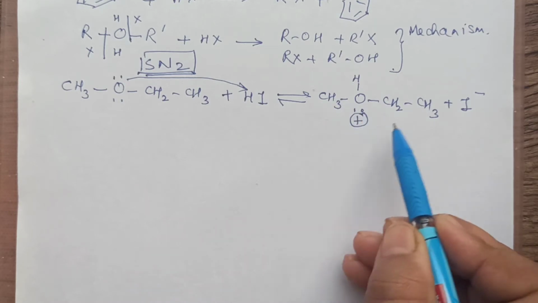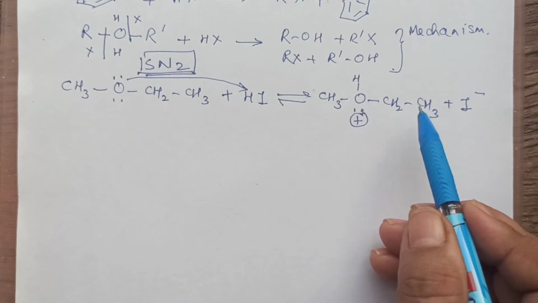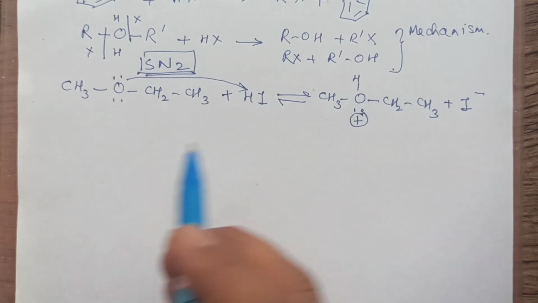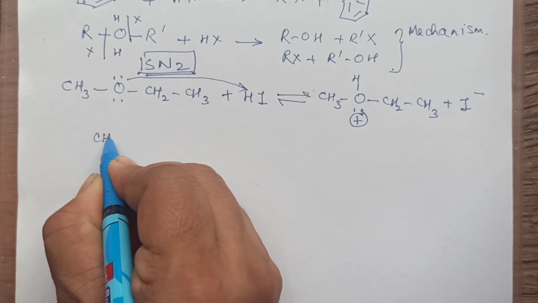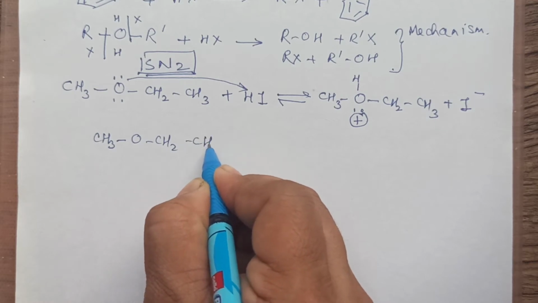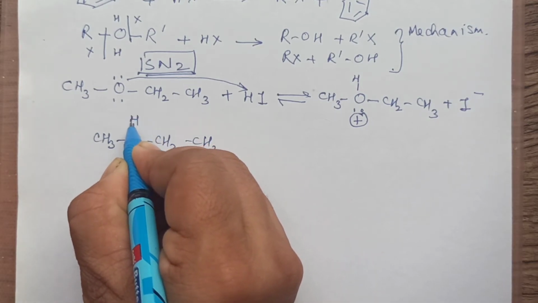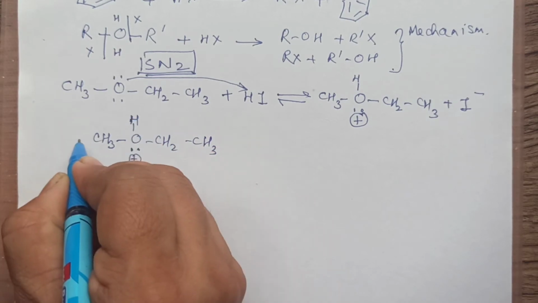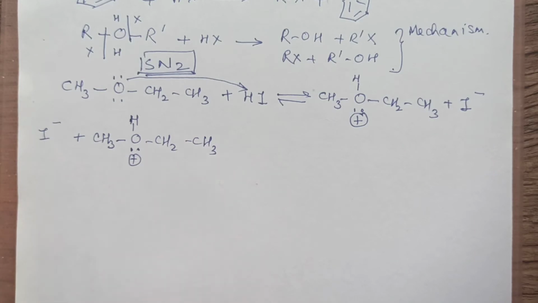Now this species which is formed is the oxonium ion, the ether which is now protonated. So what will happen to this? Now we write CH3 O CH2 CH3, one lone pair is left, children, one H plus is there over here, and one positive charge is there. This will now be attacked by I minus. Why did I write I minus on the other side?